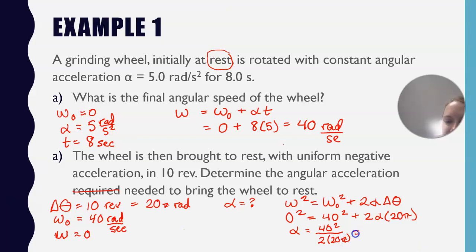So that is just 40 times 40 divided by 40 times pi. So it's 40 over pi, radians per second squared. So there's a nice simple example for us to start with, and we'll do another one in